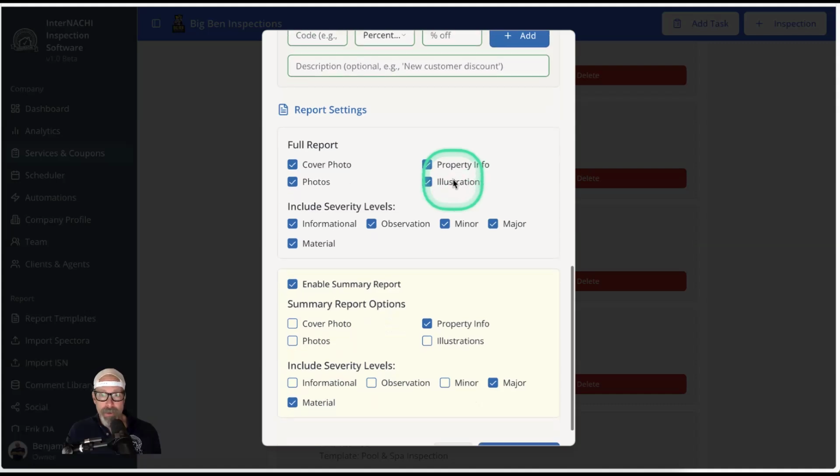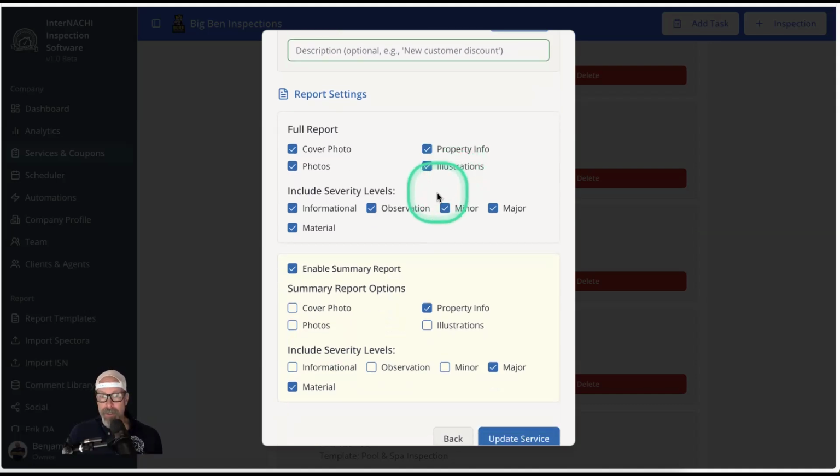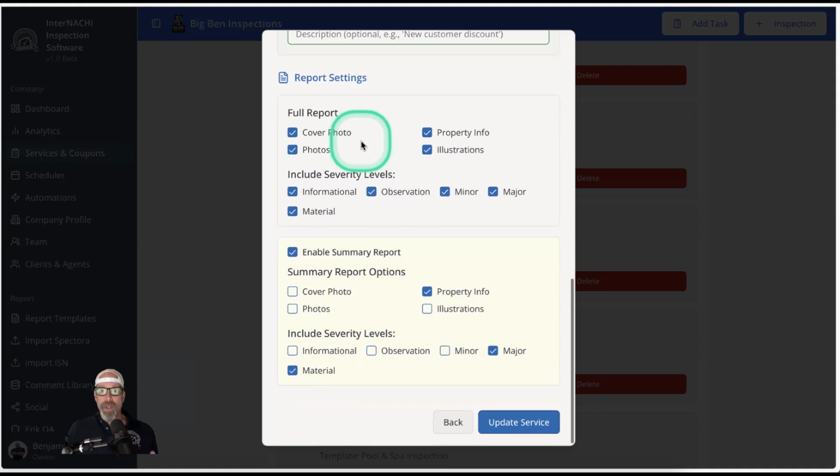And then under the services, inspection service, each report has settings. So what do you want the full report to look like? What do you want it to include? Like a cover photo, those are really nice. You want to put in all of your photos, your property information, your illustrations, and then these severity levels, that's the